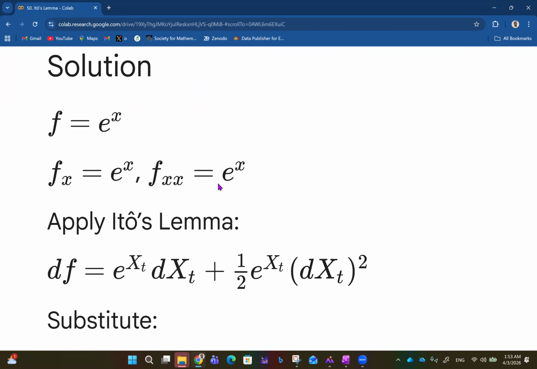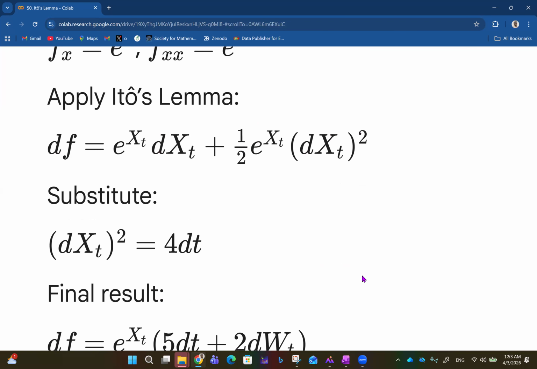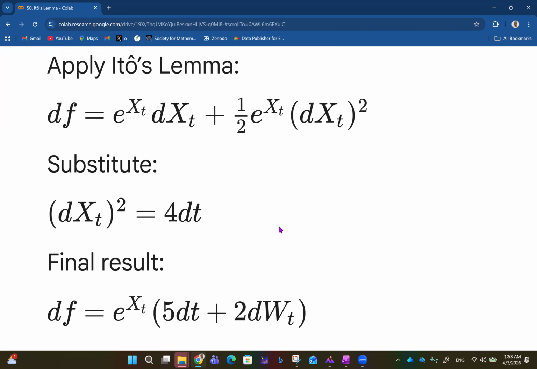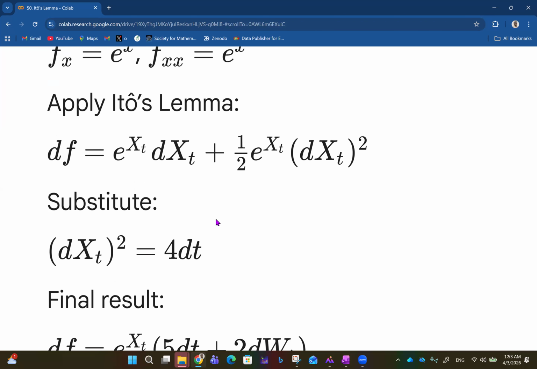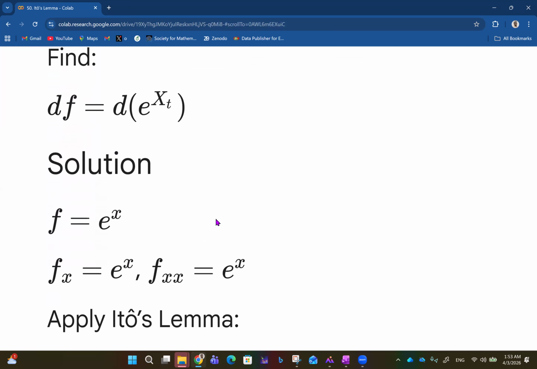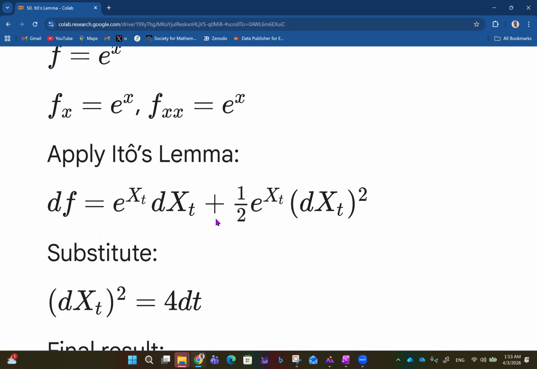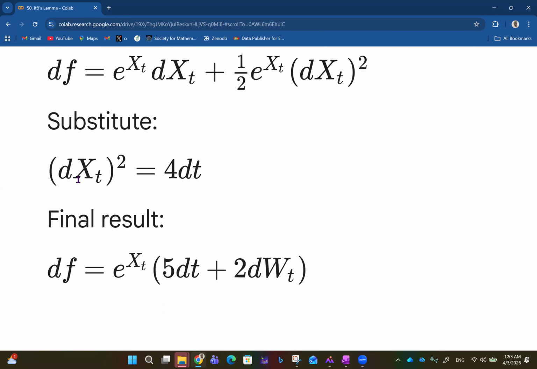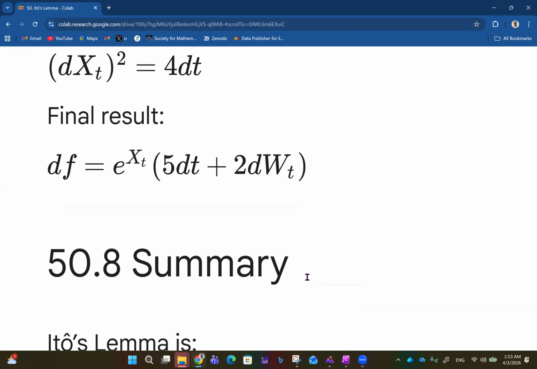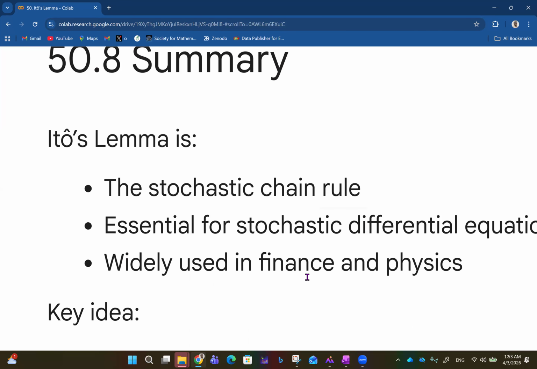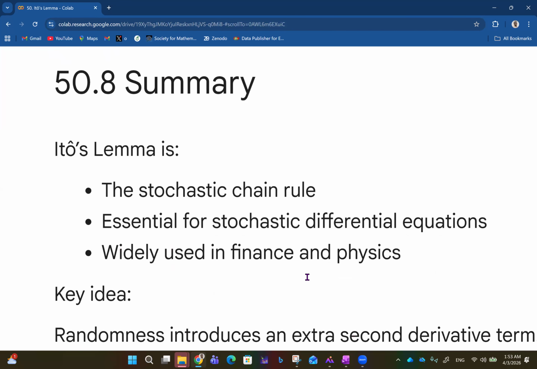Still, that's now half e raised by x_t, dx_t all squared. And then if you substitute the fact that (dx_t)² will be 4dt, so the (dx_t)² is 4dt, then the result becomes df equals e raised by x_t into (5dt + 2dW_t). Now I'm just running through because I'm going to solve it like two problems in the